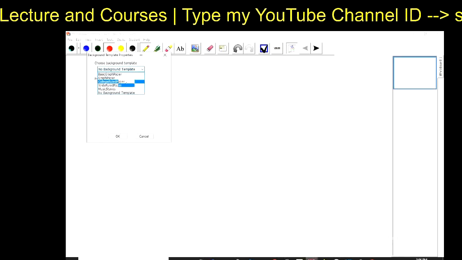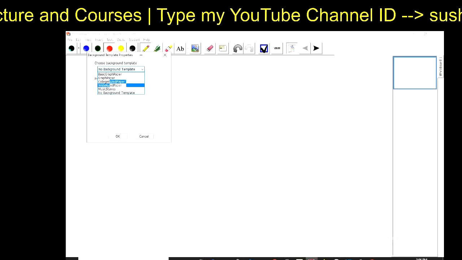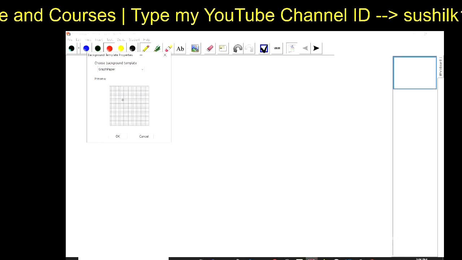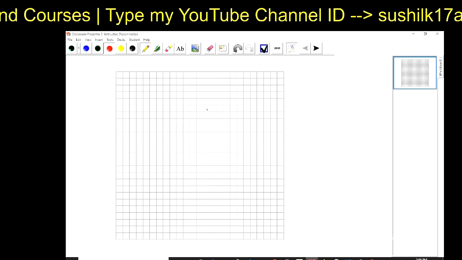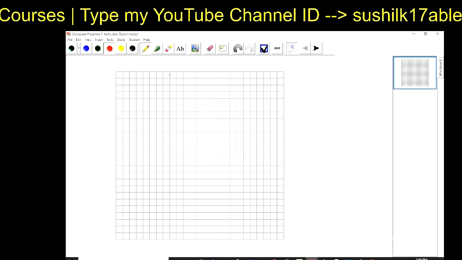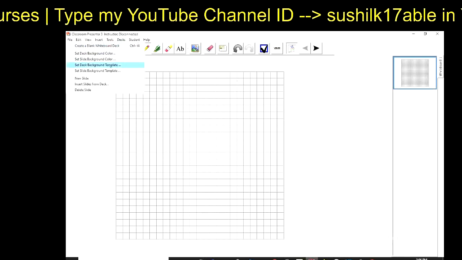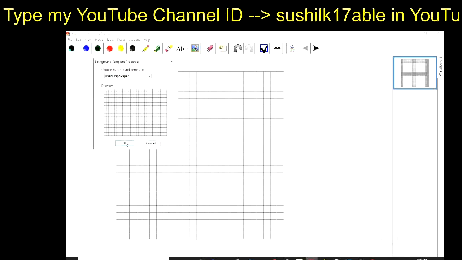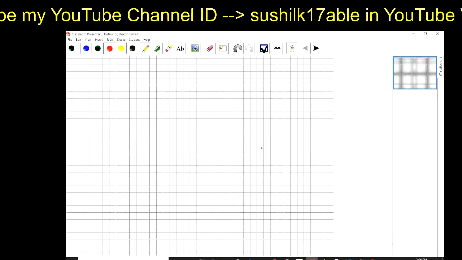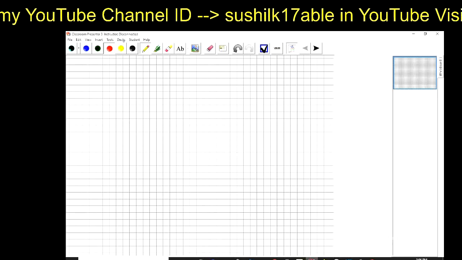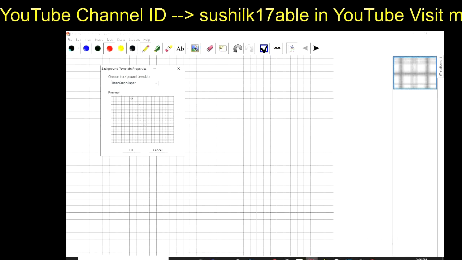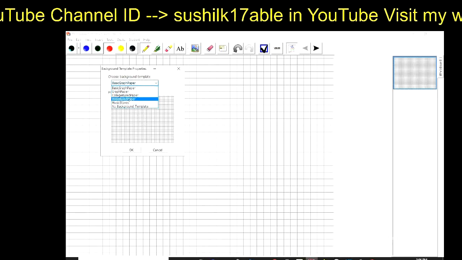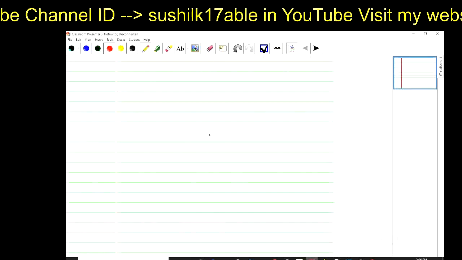But if you want to select a background template, what type is that? Graph paper, okay. Now you can see the graph paper on the selected area. But if you select the basic graph paper, then it will come on the full screen, right? And then after, you can see here the line.